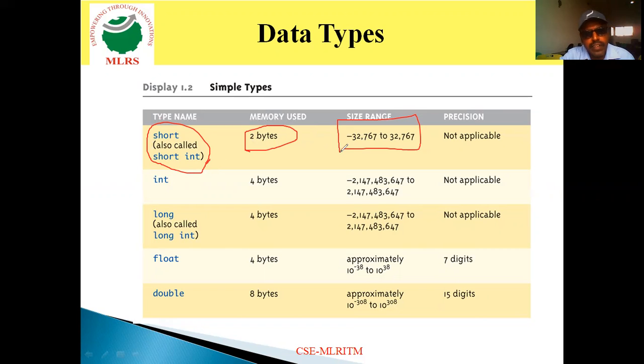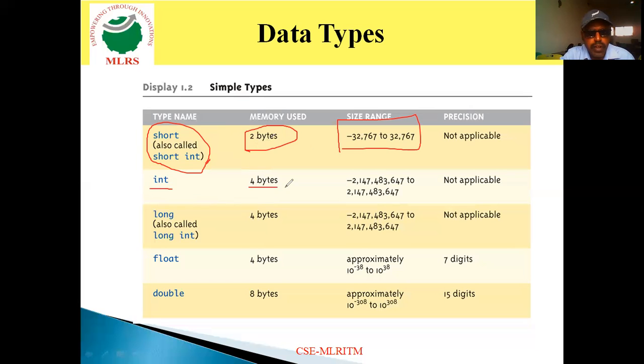This range indicates that in between these values only, short int is able to store. More than these values, short int is not able to store. For example, if you give 33,000 in negative or positive, it is not capable of storing. That is the range of short int. Then come to the next, int.